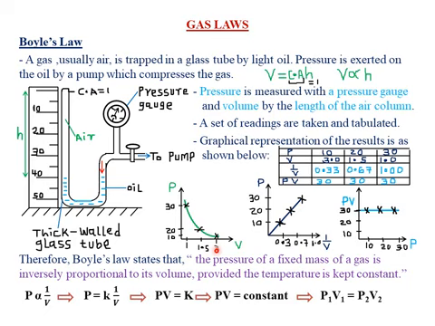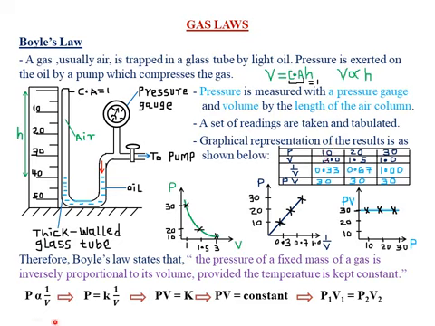So they are inversely proportional to one another. Therefore, from this graph, Boyle's law states that the pressure of a fixed mass of a gas is inversely proportional to its volume, provided that temperature is kept constant. So when you keep the temperature constant, the pressure will always be inversely proportional to volume, such that whenever you have maximum pressure, the volume will always be minimum, but whenever you have minimum pressure, the volume will always be